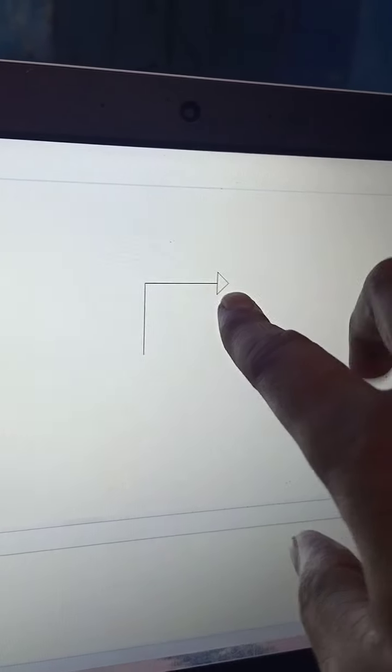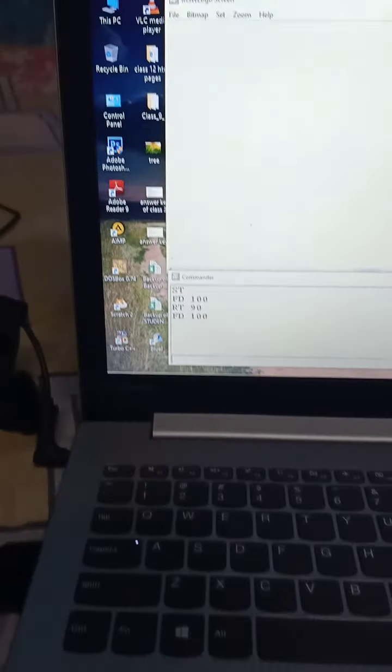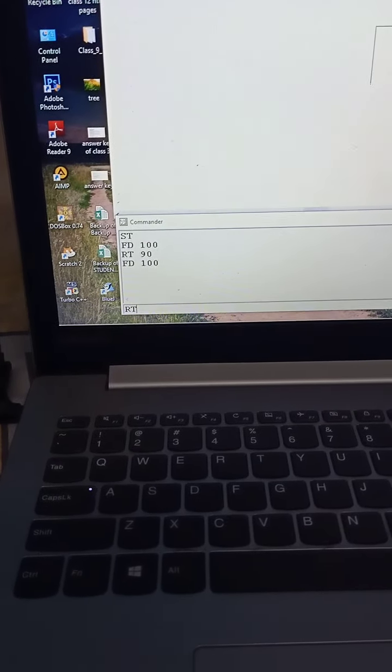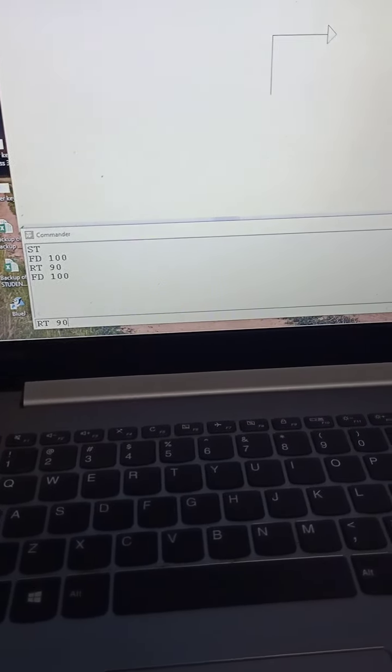Now see, this is the turtle head. We have to turn the turtle to the right hand side, means if the turtle's head is this, then its right hand side is this side and left hand side is this side. Okay, so we have to turn the turtle head this side. So that's why we have to give RT 90.